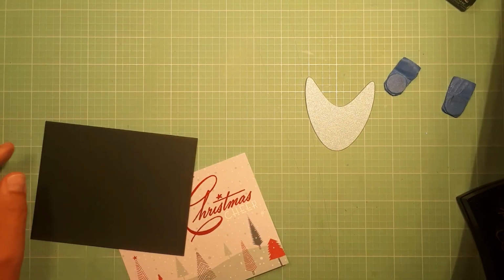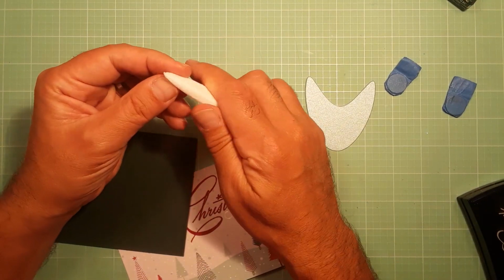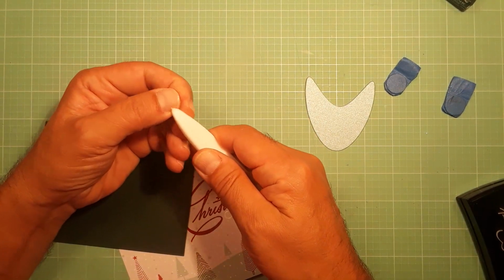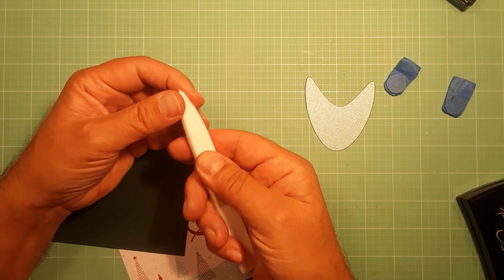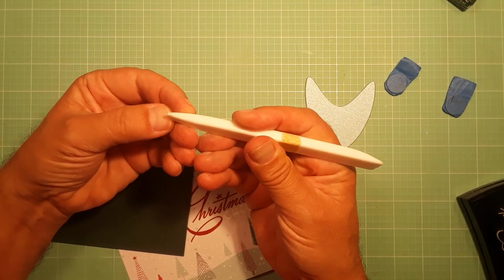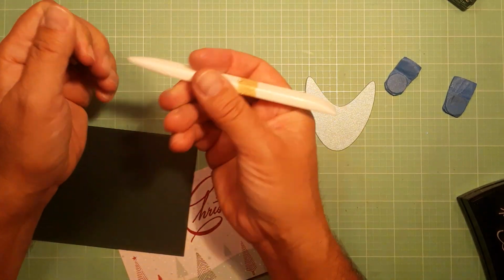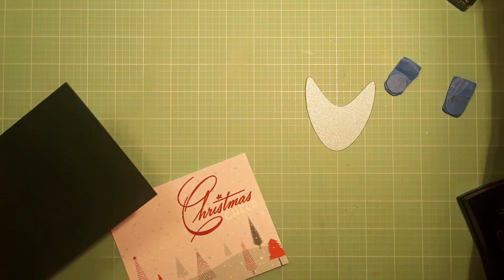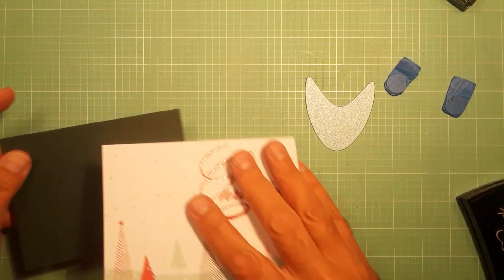Just because, look at my bone folder. This is a Teflon bone folder, and this kind of messed up, and that's really from sticking it into the channel on that Score Buddy. I won't make a card without my Score Buddy, but I also spend like $18 on a stick for my Teflon bone folder, so I definitely want to keep that in good shape. Okay, so